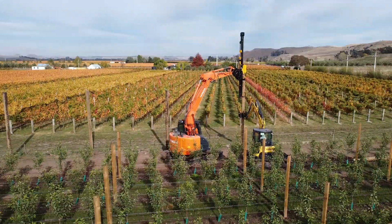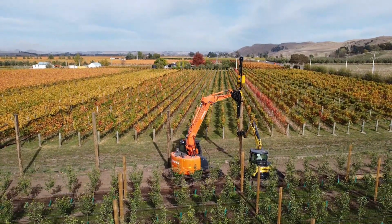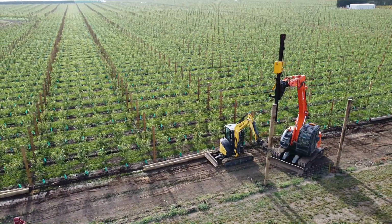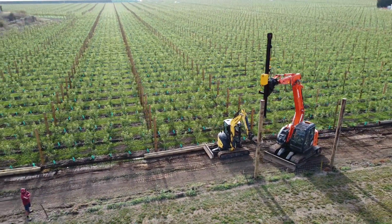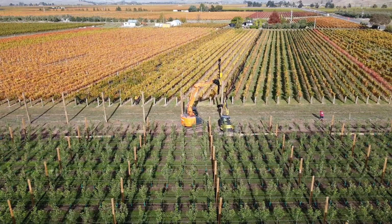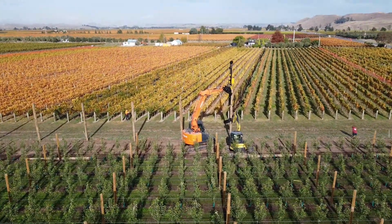Took a little getting used to. Obviously working with something that heavy, that high above your head, we used it to drive big shelter belt poles in, so it's sort of an 8-meter pole, so it's sitting way above your head. Took a little bit of getting used to, but once we got the hang of it, it worked really, really well. And since then we've used it for deadman as well, just kiwi fruit deadman,